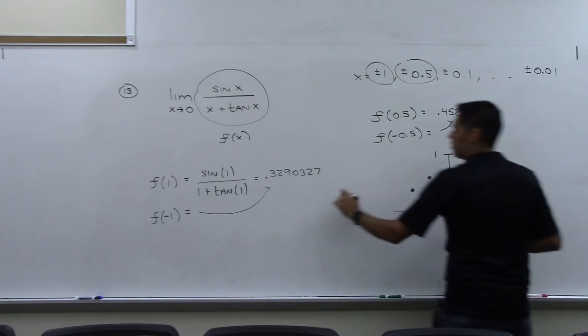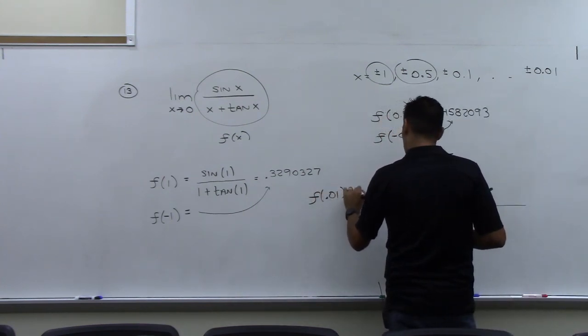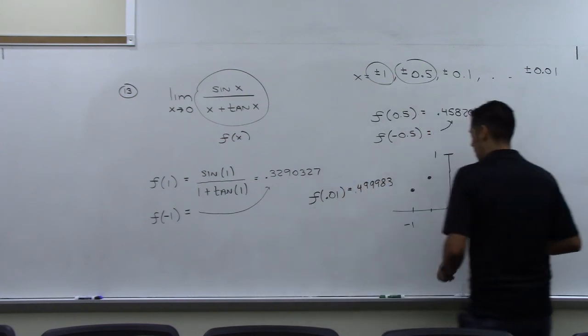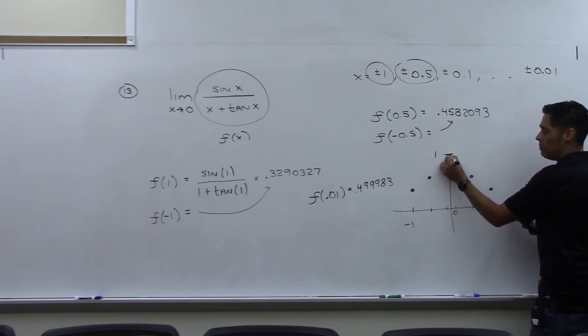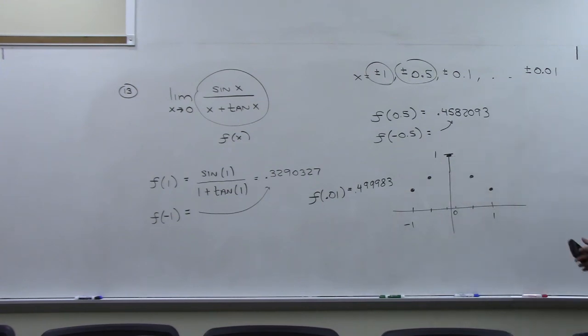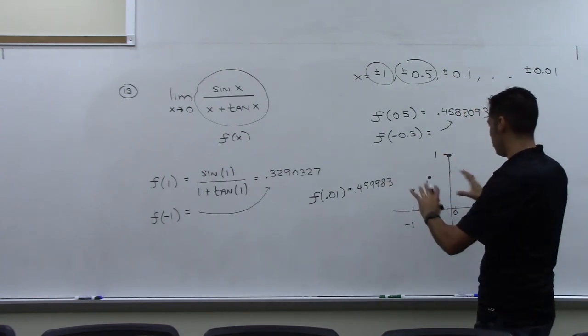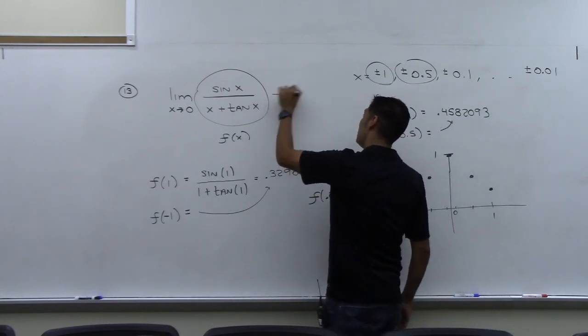When I do f of 0.01, I get 0.499983, something like that. So as I get really close, I'm really close to 1 on both sides. So just by making this sort of table, I could say that this is probably going to